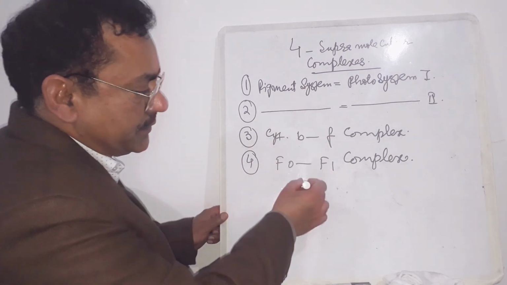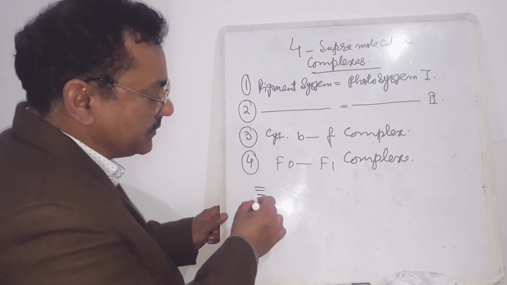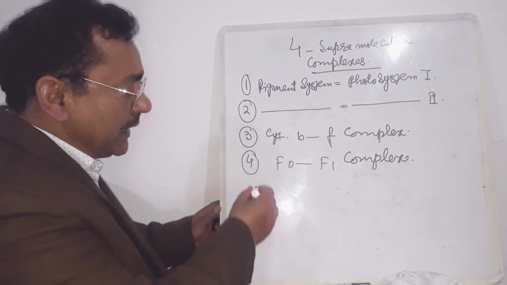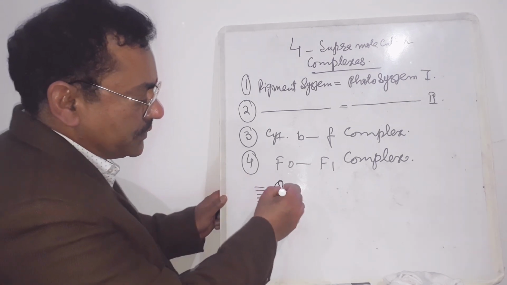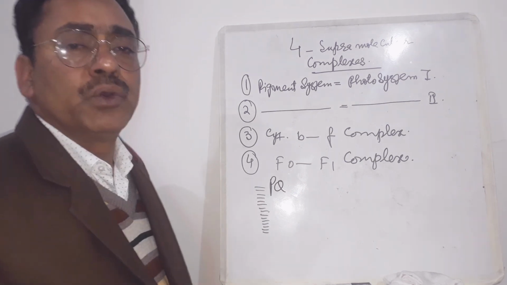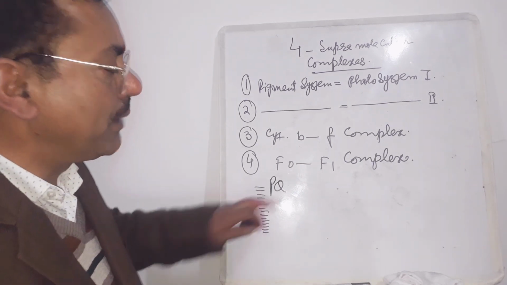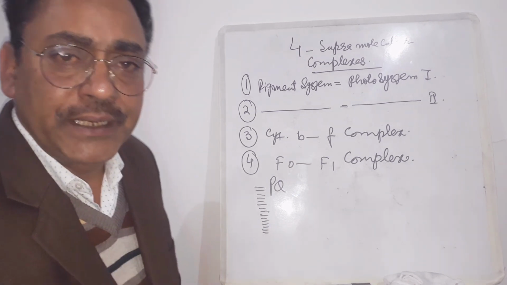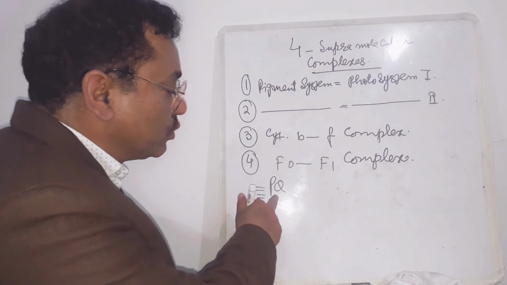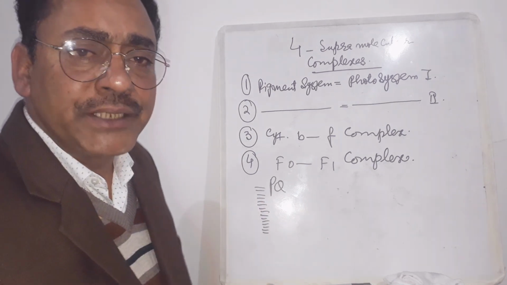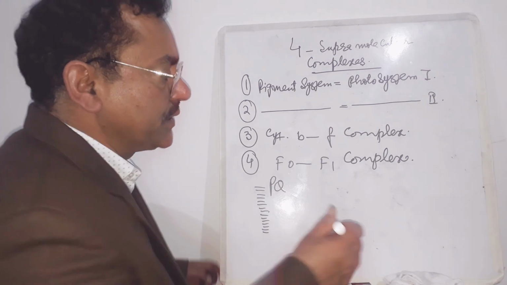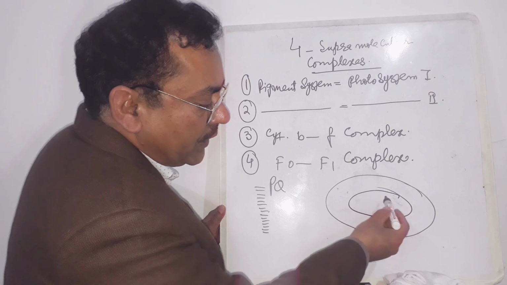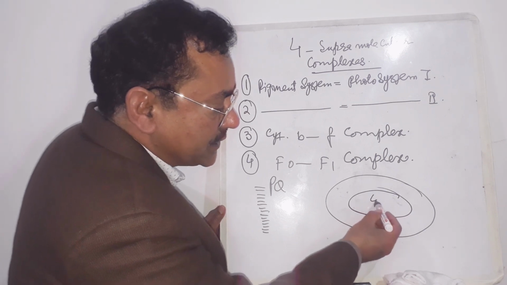In addition to these, there are several other agents present inside the thylakoid membranes, and important among them are quinones. For example, we have an important quinone, plastoquinone, which is a mobile electron carrier. It moves inside the thylakoid membranes. And how does it move? It moves from the outer edge of the thylakoid membrane to the inner edge. If you see here, this is the thylakoid membrane. And I told you earlier that this space and